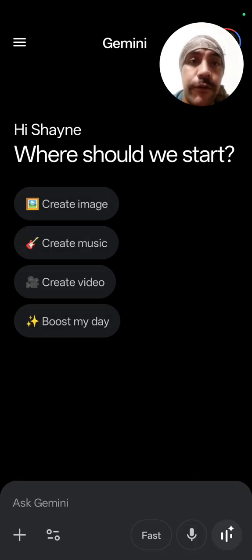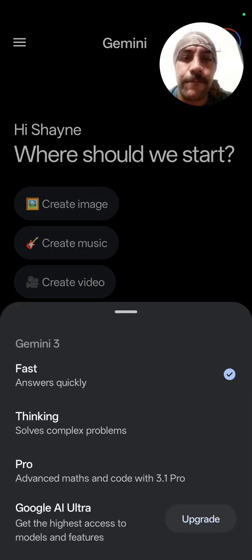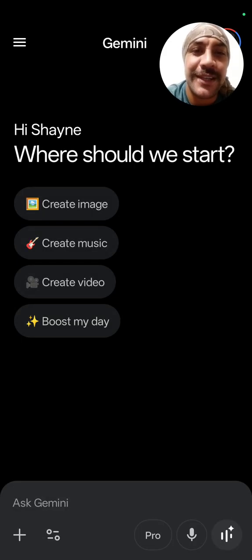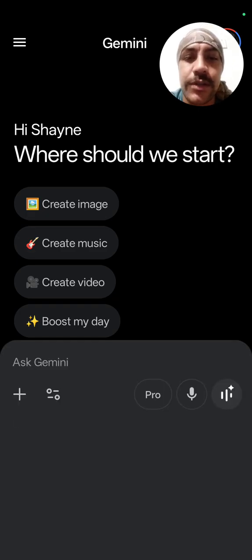See, it's on fast right here. Fast. That's answer quickly. You do not want to do coding with fast because it'll wreck your brain. You'll go mental. Straight up, you will go mental. I spent 2 weeks all day and all night trying to code with fast, and it makes your brain crazy because it just keeps mucking things up. So we're going to go to Pro. I just selected Pro, and now I'm going to go to